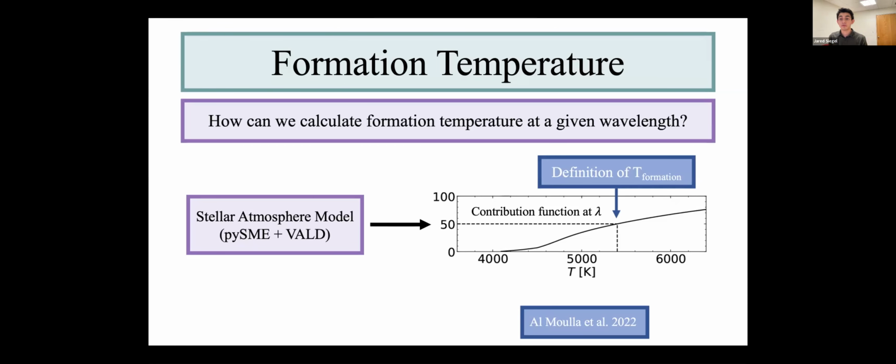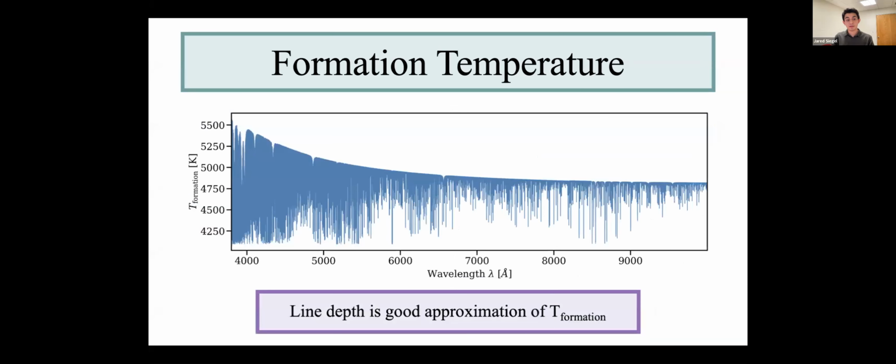Now, this, of course, is just for one wavelength, but we can repeat this process for an entire synthetic spectrum to create something like this. And again, many thanks to Colin for sharing this data with me. On the x-axis, we just have wavelength. And on the y-axis, we have the calculated temperature formation. And what we'll notice here is that line depth is actually a wonderful proxy of the temperature formation. And this is what I was mentioning before. And this is really just a statement that long-term changes in opacity due to wavelength are happening relatively slowly